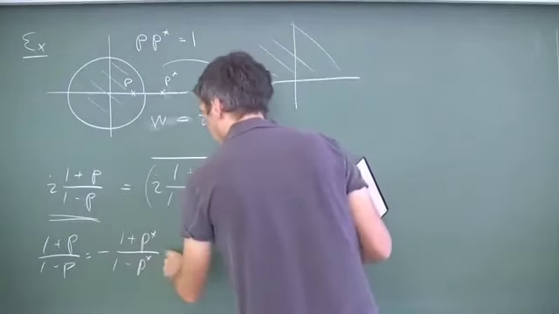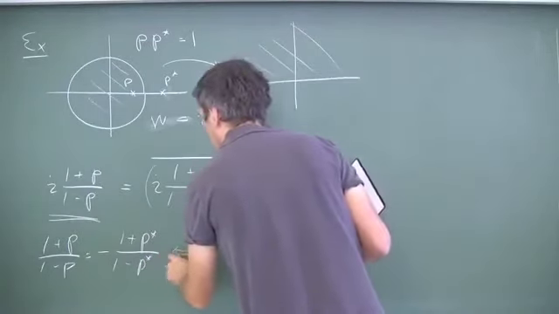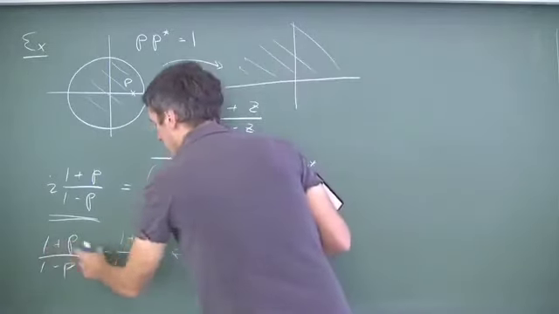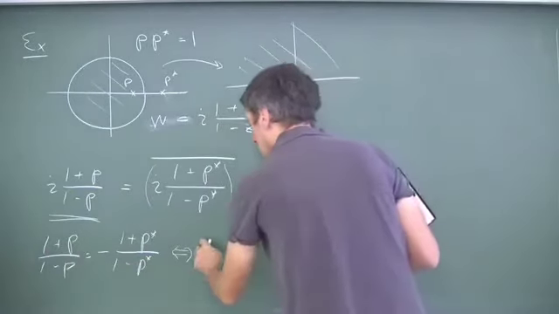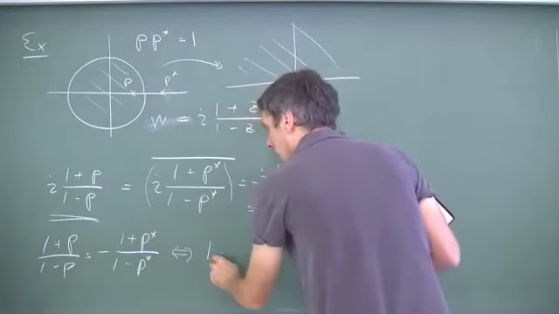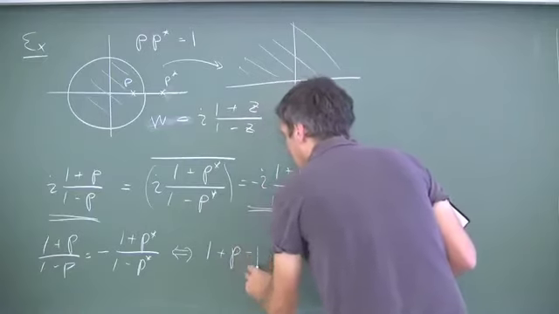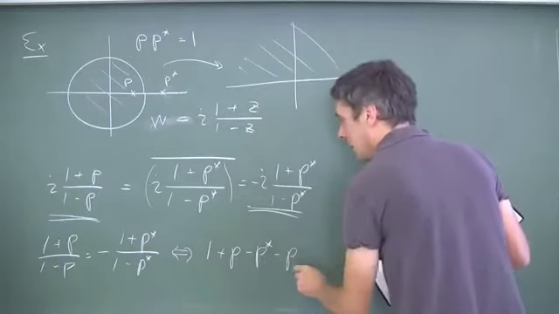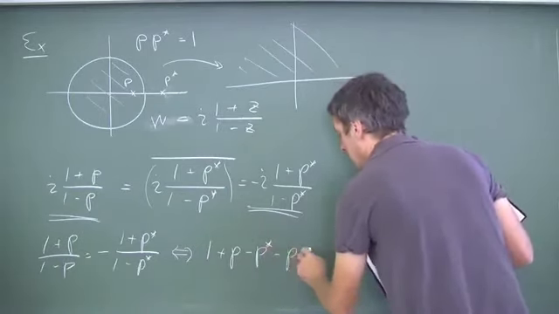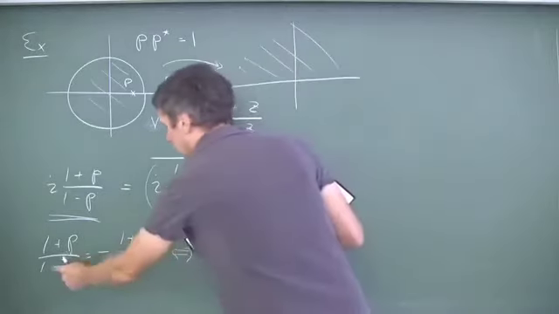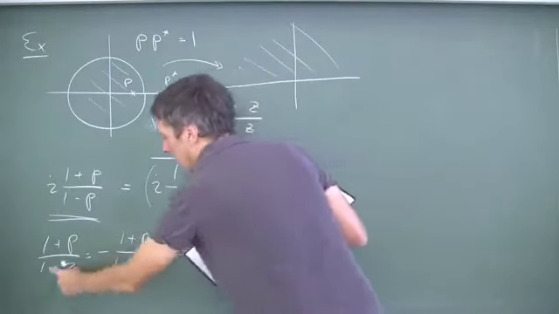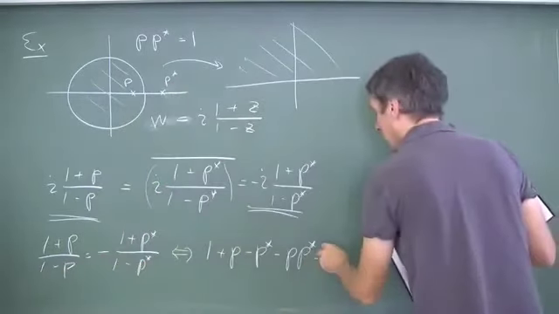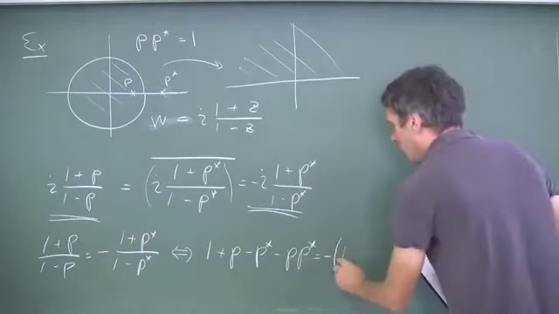Now, if you just multiply by the denominators here, you get 1 plus p times 1 minus p star, which is 1 plus p minus p star and minus p times p star. And on the other hand, you get 1 plus p star times 1 minus p, and then the minus sign. So you get minus, and then 1,